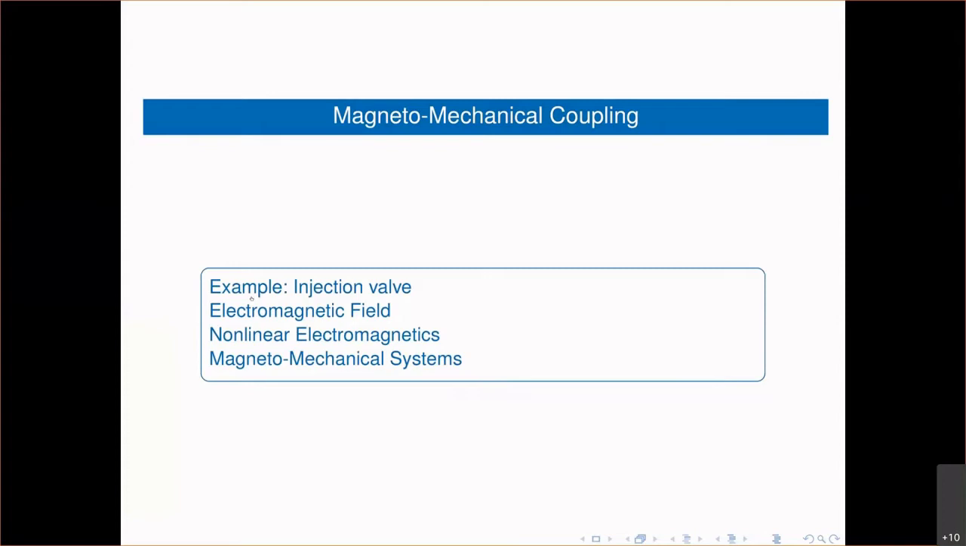We will go into some details towards the electromagnetic field, which means the modeling starting from Maxwell's equation, and then also looking at some special properties, deriving the final partial differential equation, which will be a partial differential equation for the magnetic vector potential. Since it is a nonlinear partial differential equation, the nonlinearity is within the permeability or reluctivity, so